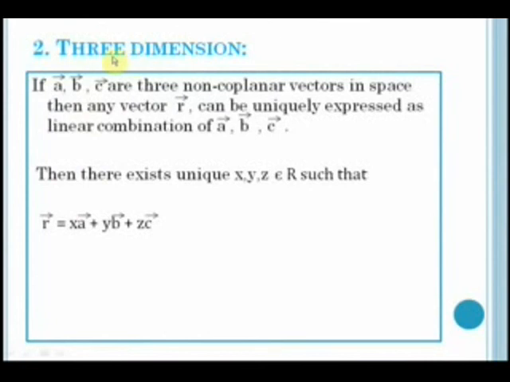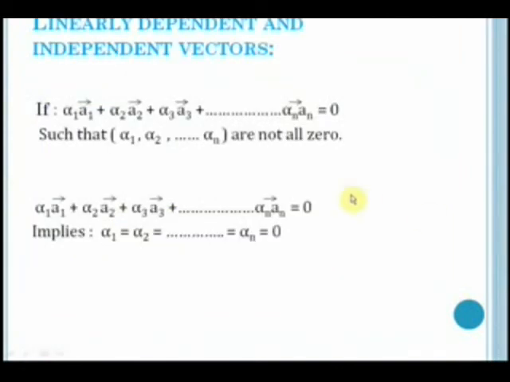Similarly, let's see the case for three dimensions. If A, B, C are three non-coplanar vectors in space, then any vector R can be uniquely expressed as a linear combination of A, B, C. Thus if we have any three vectors A, B, C, which are non-coplanar, that is, they do not lie in the same plane, then any vector R in three-dimensional space can be expressed as a linear combination of A, B and C. So if we say that there are any three scalars x, y, z which belong to the set of real numbers, then vector R could be written as x times vector A plus y times vector B plus z times vector C. Now what are linearly dependent and independent